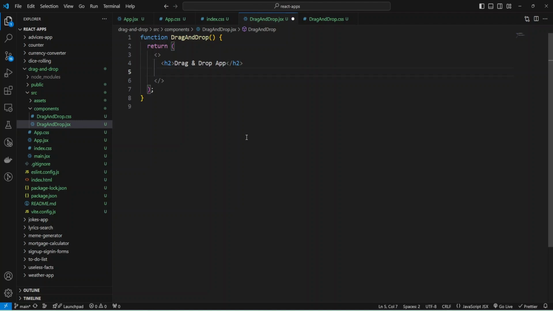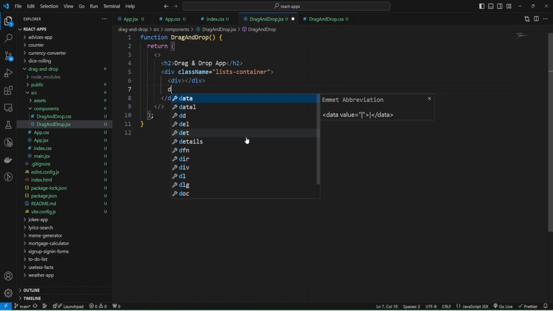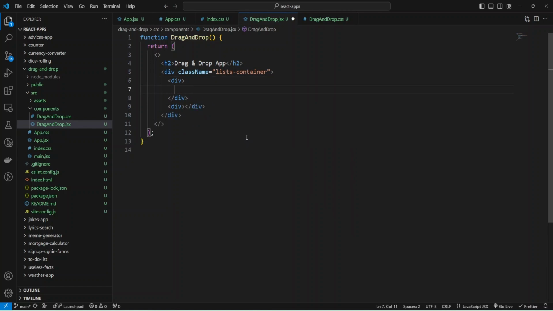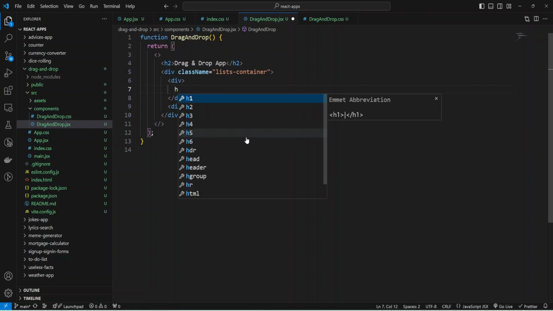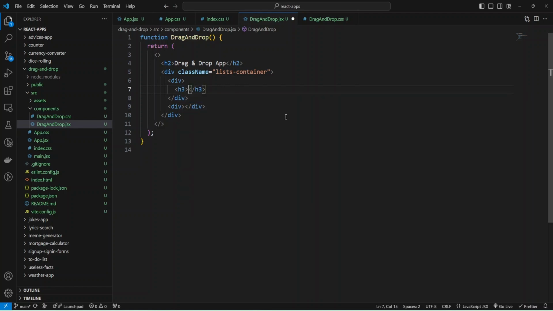And now I can add a div, and it will be the container, and I can provide the className list-container. And inside this container, I'm going to add two divs, and inside each div, I'll have the list, and I'm going to add an h3 tag and provide the text list 1.